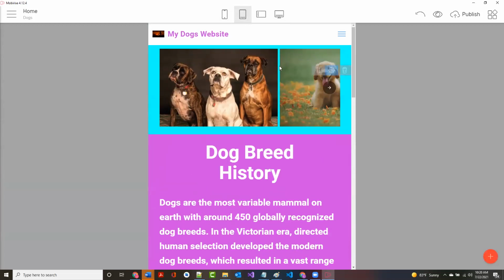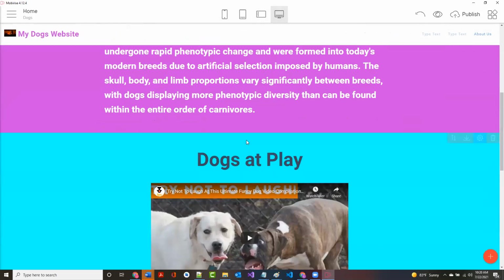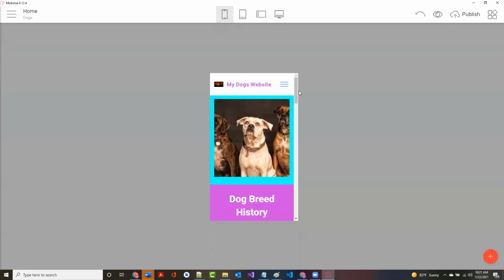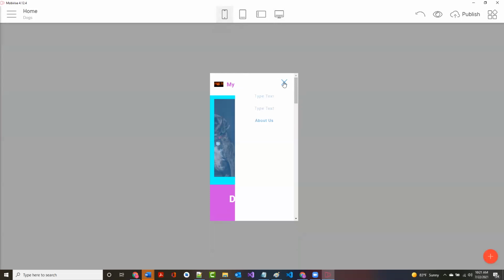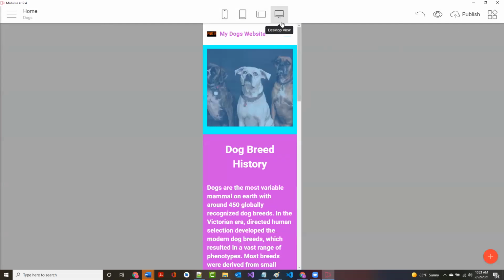These are the emulators that are built into Mobirise. Then the next one is a tablet horizontal view. All right. Then you've got what it'll look like on a desktop, which is what we've been looking at. So you can always look at it on there. It's not perfect. In other words, if I looked at it on my phone, it's not going to probably look exactly like this. Notice also that it made this little hamburger menu for me, and those are the ones that I've got to fix. All right. So I've got all that stuff. Okay, and I can go back to desktop view.